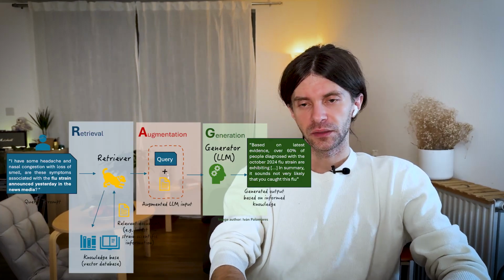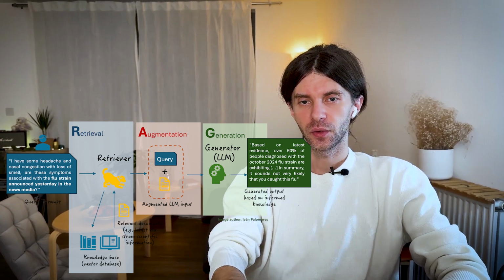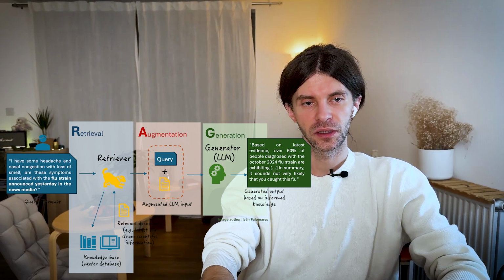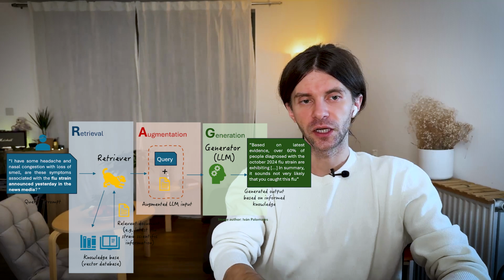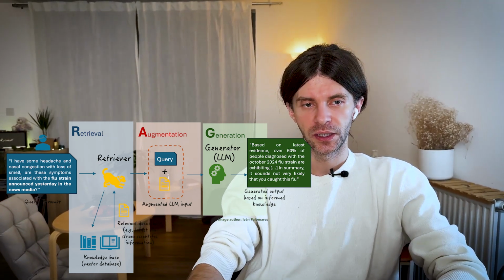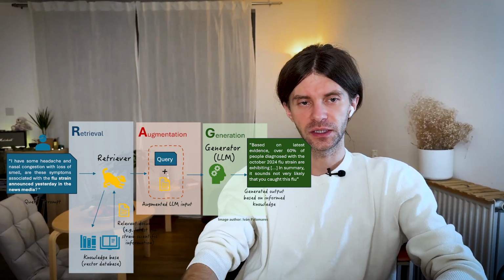So retrieval augmented generation is in fact a fairly simple approach, algorithm, whatever you want to call it, where it consists of 3 steps. In the first step, we would collect a data set of documents, let's say information about diseases. For each disease we have a document describing what the disease is, what the symptoms are, everything else we want. And let's assume we have collected 10,000 of these documents for 10,000 different diseases.